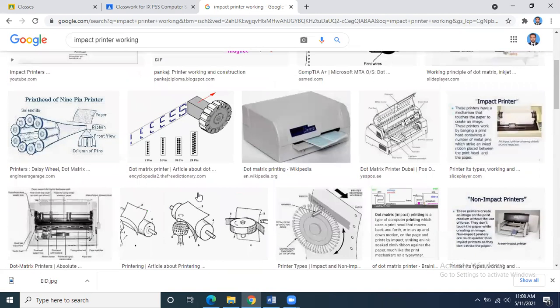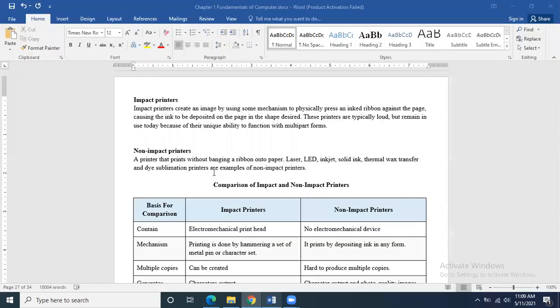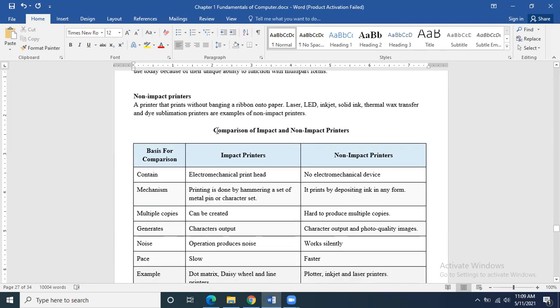So these are quite slow. Still, these are used. These are not that much obsolete. Of course, the modern technologies are going to replace them very soon, and these will be removed altogether, but for now they are still available and people are using them. They are slow, and their print quality is not that good. They normally print in one color only, just like blue or black or any dark color. So this is the quality of the impact printer.